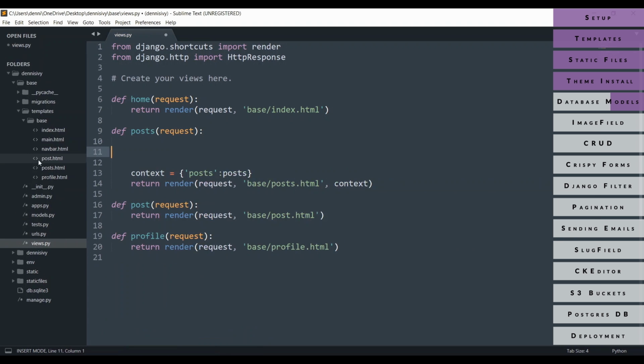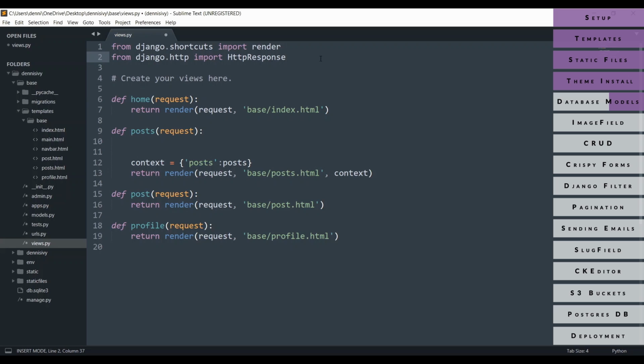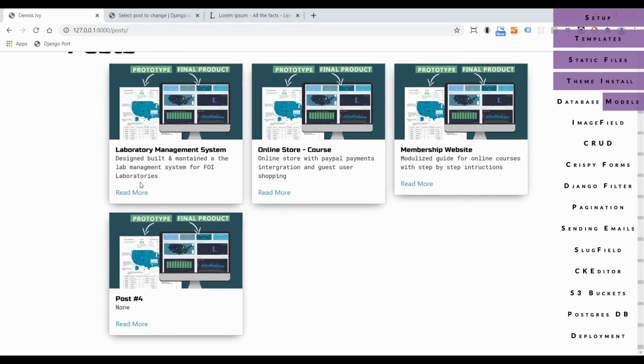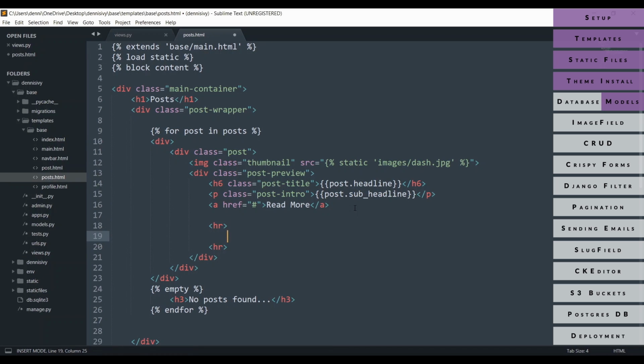Now within my views.py file, I'm just going to run an import from my models, and I'm going to replace this list of dictionaries with a query to my models, and I'm just going to use the same name. So within my post, that loop that's in my post.html page is going to use the same data. So this data is just going to be output, and now it's going to render out data from the actual